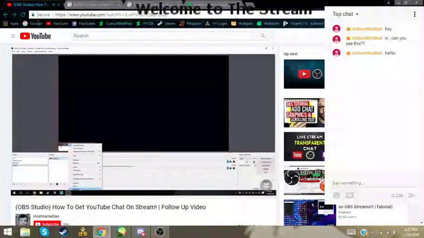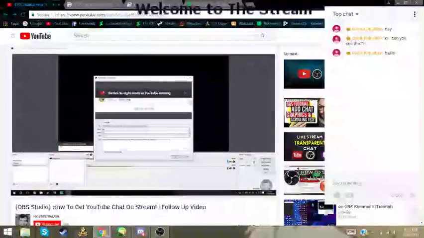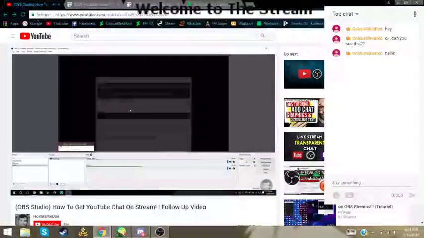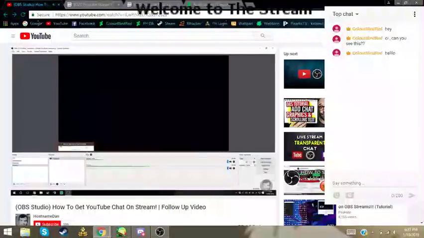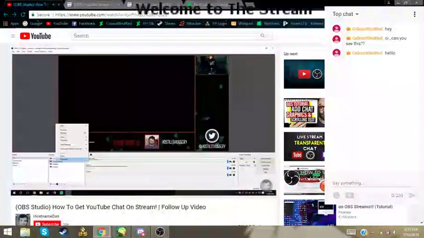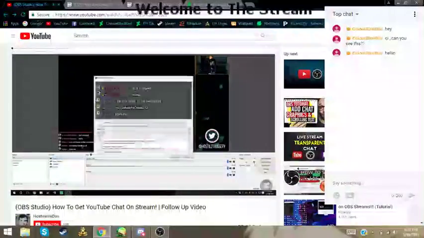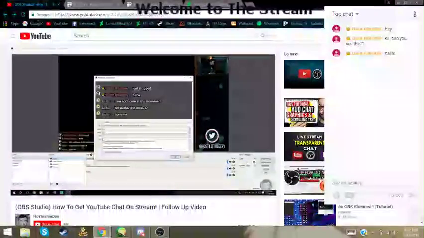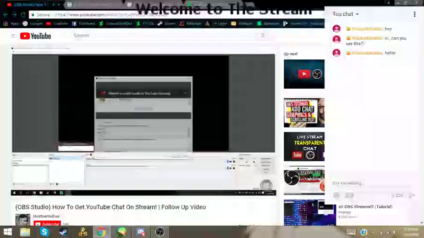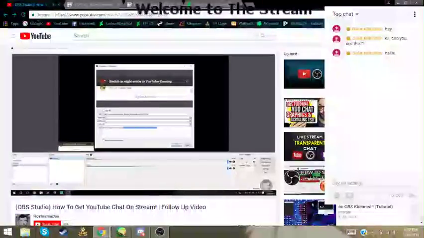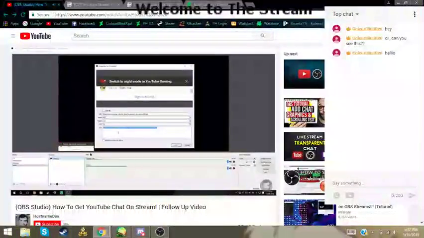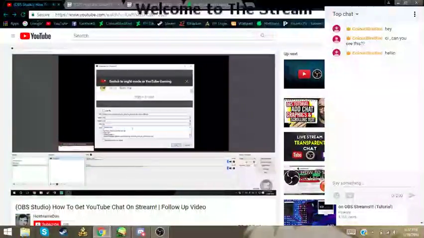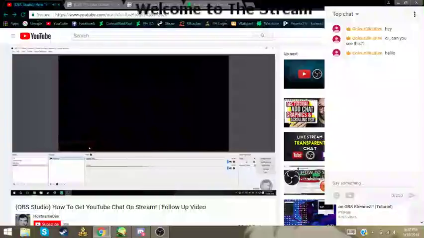Let me just try and get to it, there we go. Which is here. So we can override everything that we're grabbing from this page with our own custom CSS. So if I just go to my chat box properties here, I have a long list of CSS. Now we have the CSS within our clipboard. We want to pop it in here. Basically get rid of everything else, press Ctrl and V or right click and paste, and click OK, and you'll